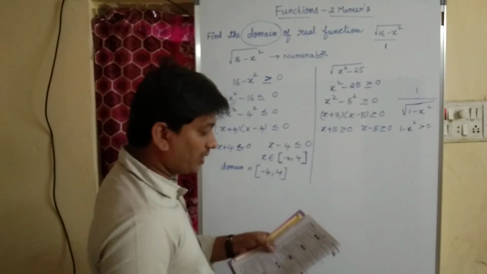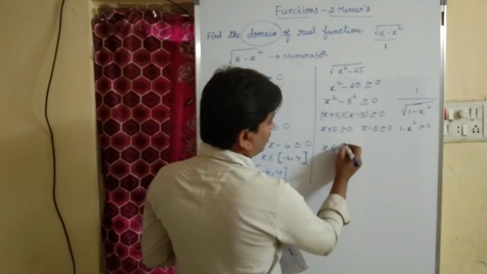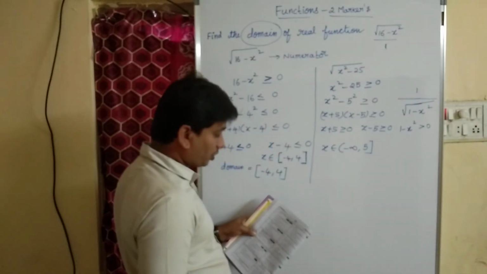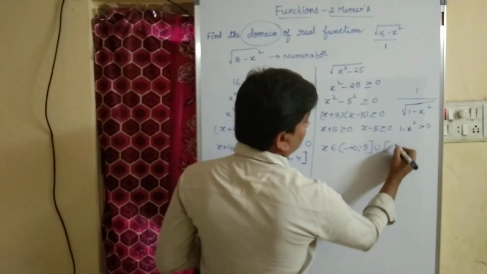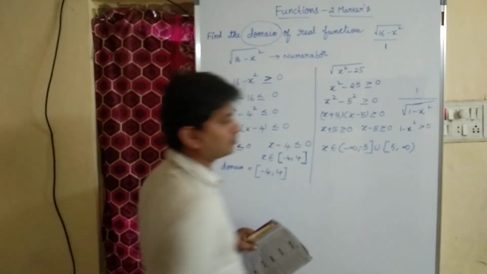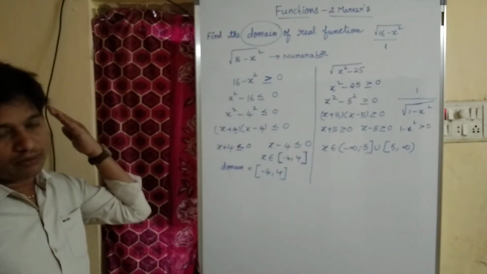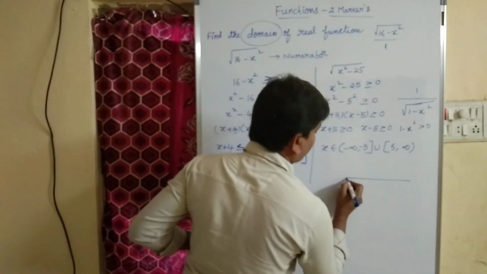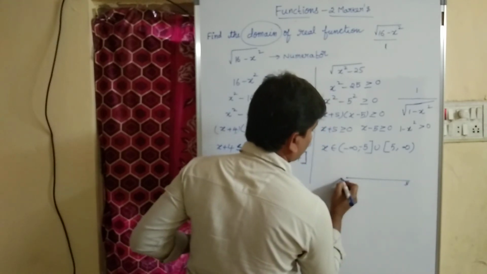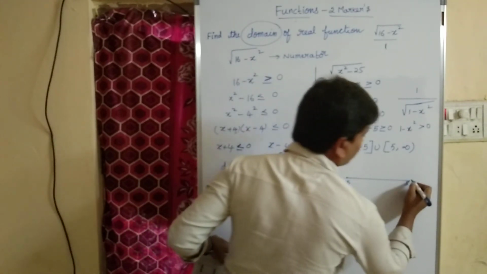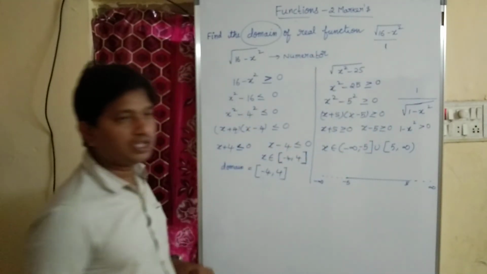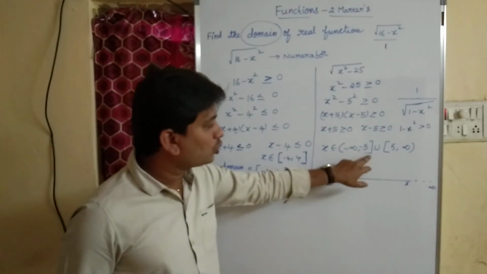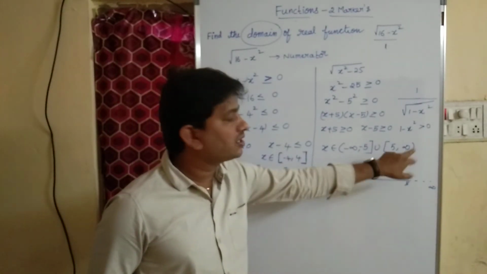The domain, it should lie between, it is from minus infinity to minus 5 union 5 to infinity, children. Okay, and so on up to from minus 5 to infinity. So if you take this from minus 5 from here to infinity and from here to infinity. So what is the domain, children? The domain is minus infinity to minus 5, so this is open bracket and closed bracket, union closed bracket, and this is open bracket.